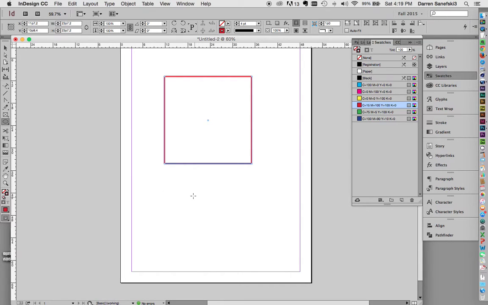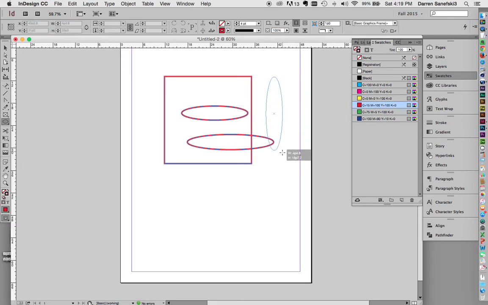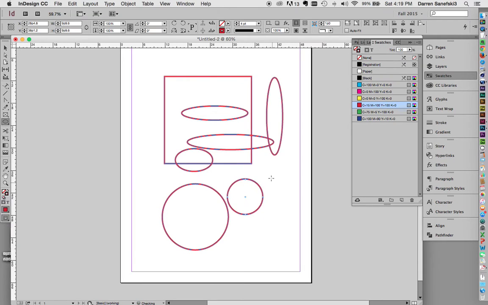is the ellipse tool, and the ellipse tool is the same thing. You could make an oval like that, but if you want to make a perfect circle, you hold the shift key down and drag and make a circle. And again, you always let up on the mouse before you let up on the shift key, because if you let up on the shift key,